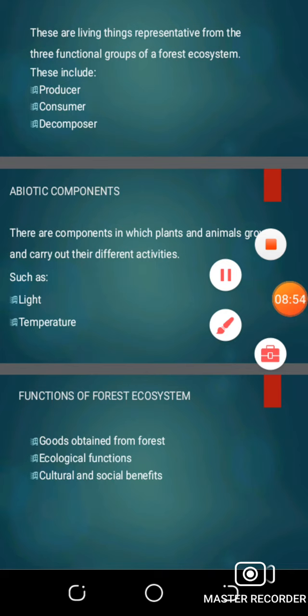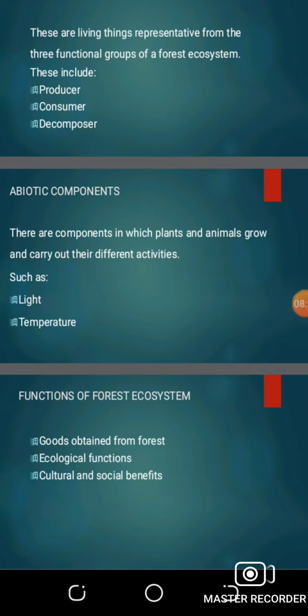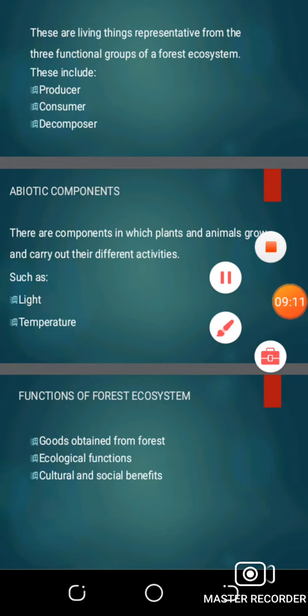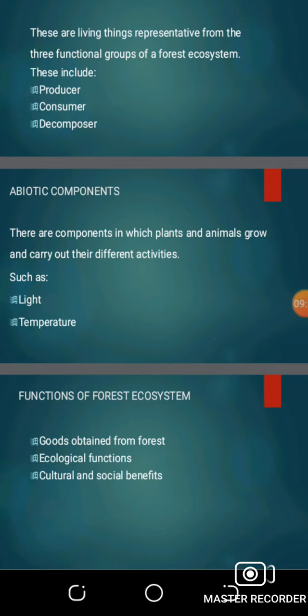Lastly, we have cultural and social benefit. This is a very important function of forest and very beneficial than other functions because in this function of forest, the tribal people who live in the forest treat forest as nature goddess. The traditional beliefs and spirituality save wild animals from hunters and cutting down of trees by urban people, and few modern people visit forest for recreation.